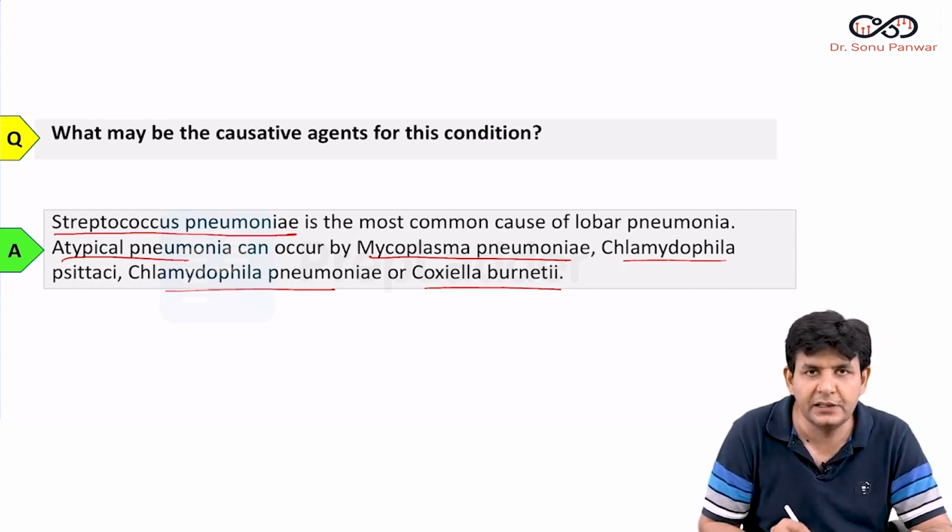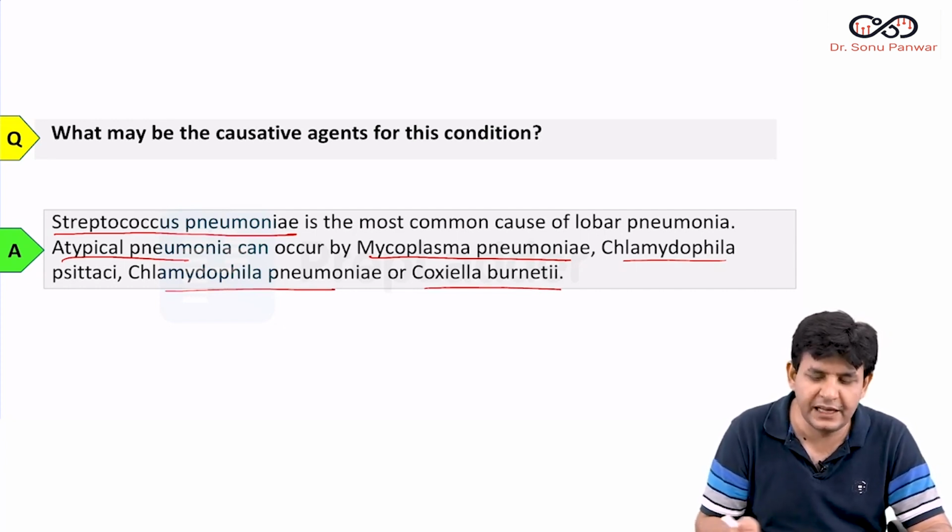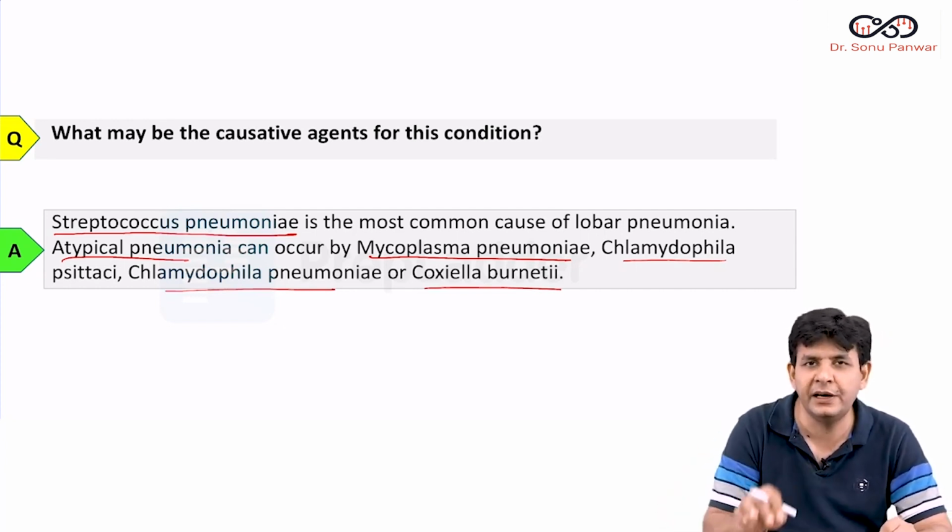Besides this, one is lobar. The most common is Streptococcus pneumoniae. And if somebody asks you which is the most common cause of CAP, that is community acquired pneumonia, the answer is